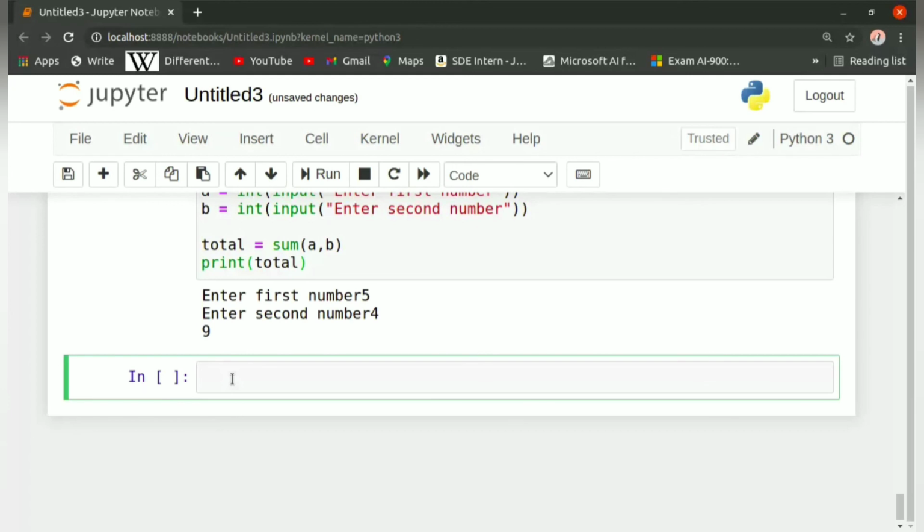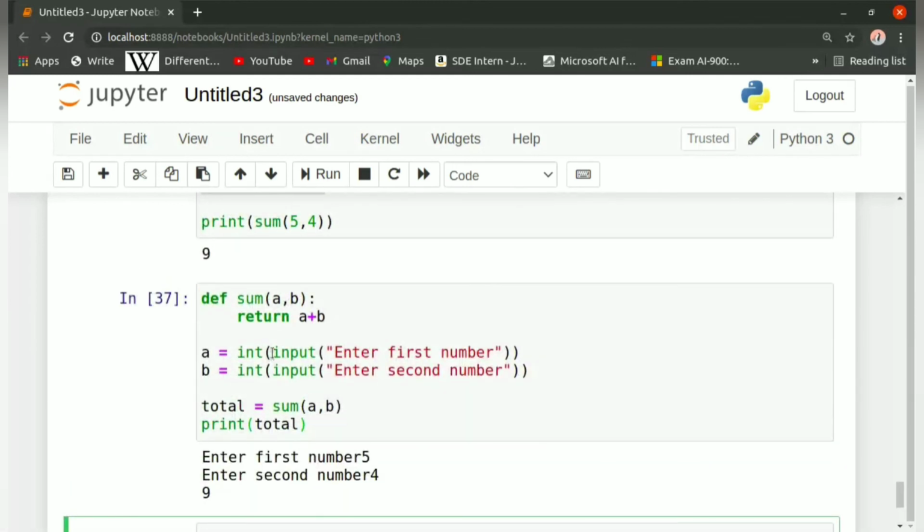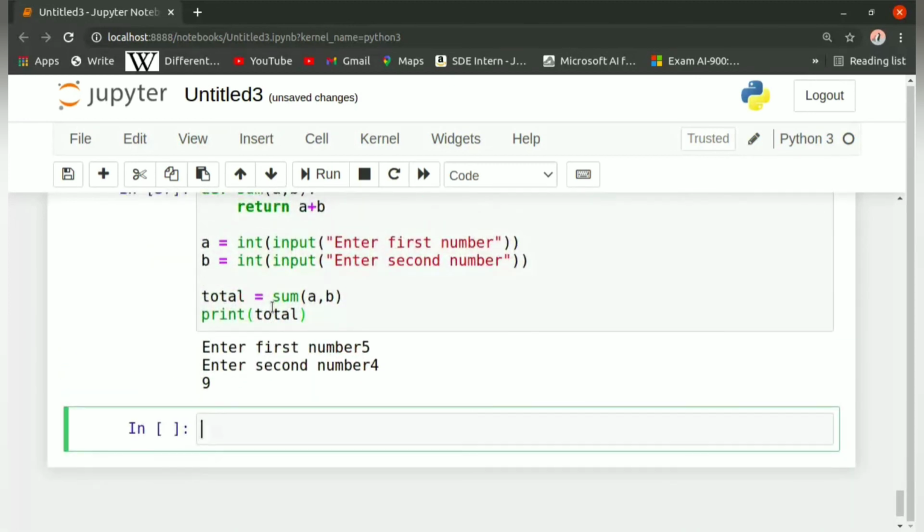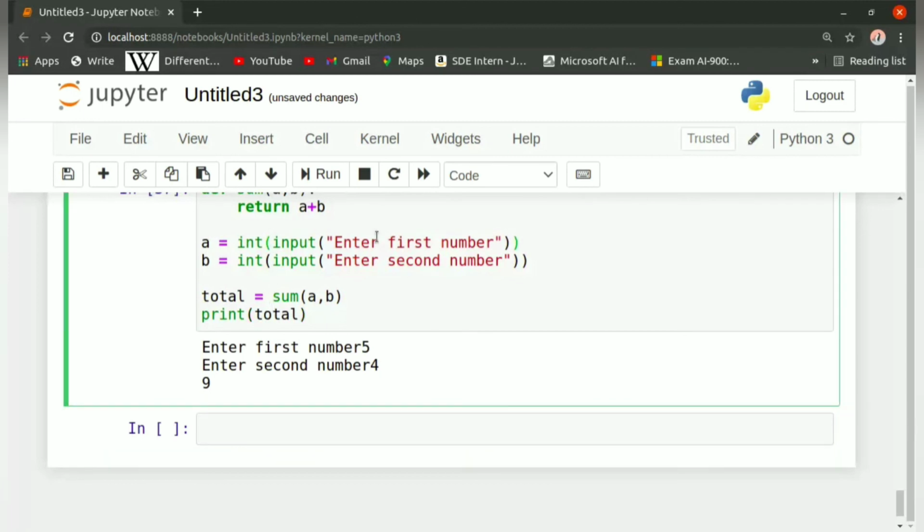Now suppose we don't want integers to be added, we want strings to be added. So instead of writing a and b using the int function, we won't use the int function there and simply take the input. Now in the input statement we make it enter first name, and for b we write enter last name.